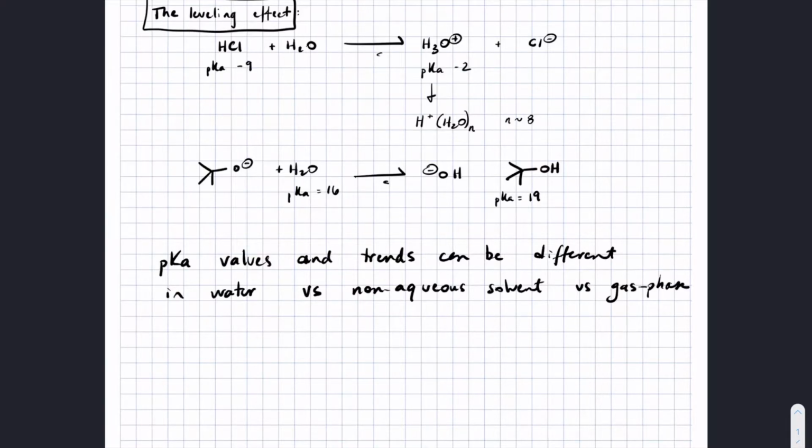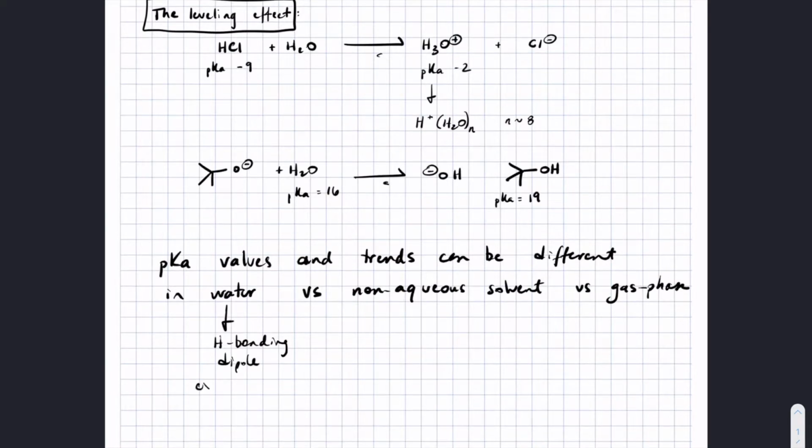And this is because, as we've seen, acidity often involves the formation of ions, right? And so water, because of the non-covalent interactions available to it, like hydrogen bonding and other dipole types of interactions, is extremely good at solvating ions,